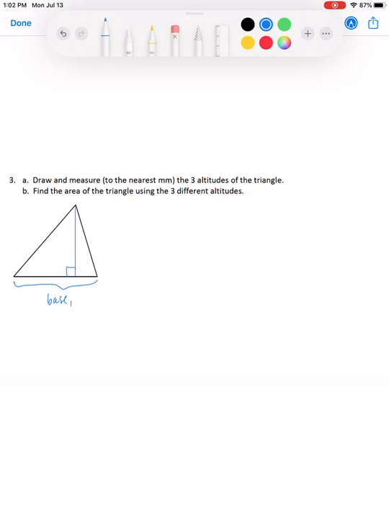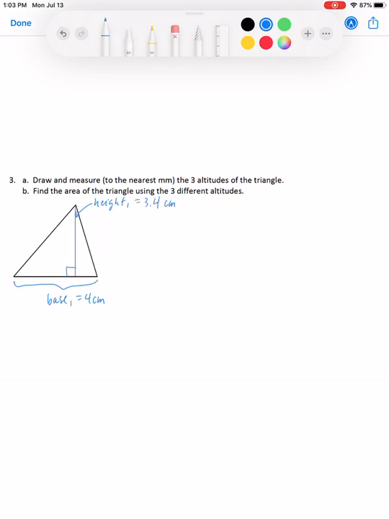Okay, now this is the height. Height 1. Now what I'm going to do is measure them, and I have measured them all previously, so I'm just going to show what those measurements are. And you can use millimeters or centimeters. I'm going to use centimeters, so that base 1 is going to be equal to 4 centimeters, and height 1 is going to equal 3.4